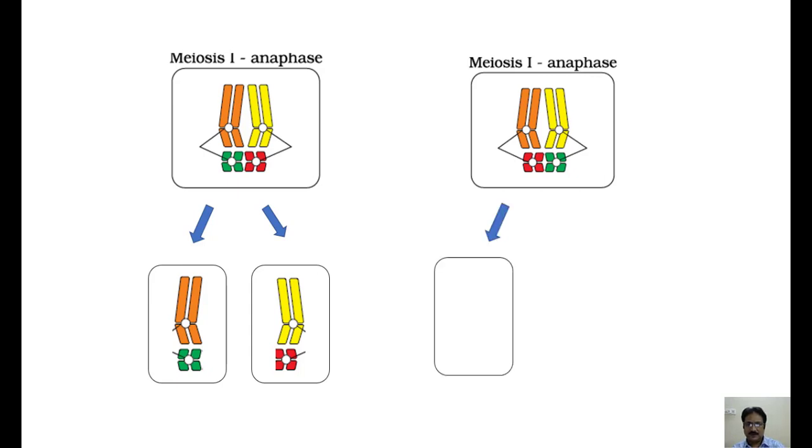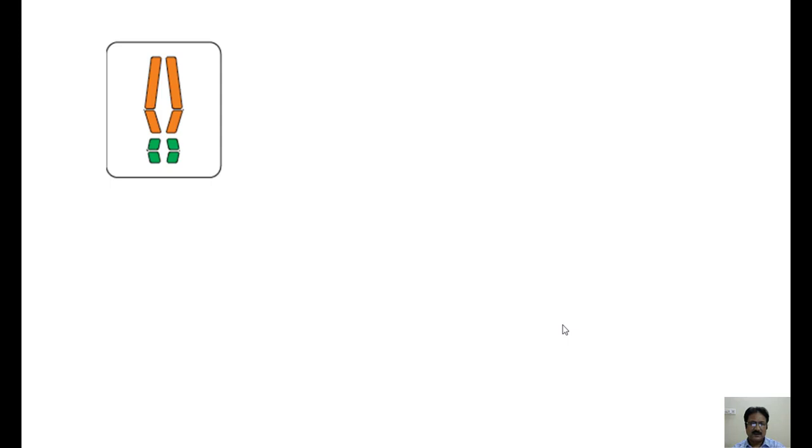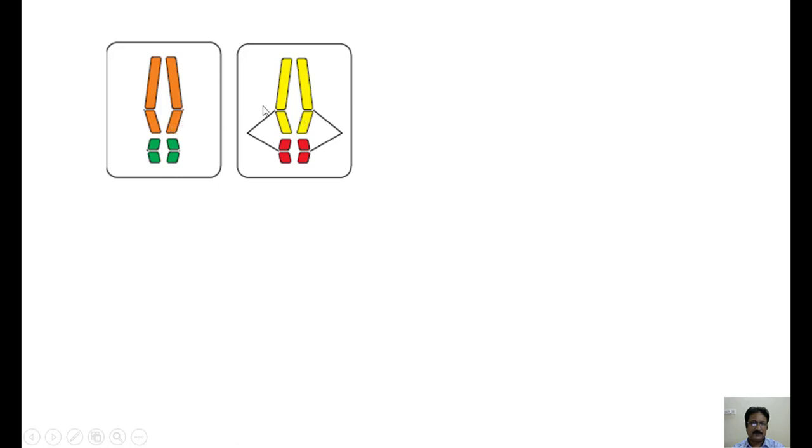See what happens. Accordingly, here during anaphase 1, this orange and red go to this pole, and similarly, green and yellow go to the other pole. So these are the probabilities, because each chromosome is free to move. So such combinations are possible. The same thing happens in the chromosomes and in the factors, the Mendelian factors. Now, let us see what happens in the next stage. This is what had happened already. These two you have already obtained.